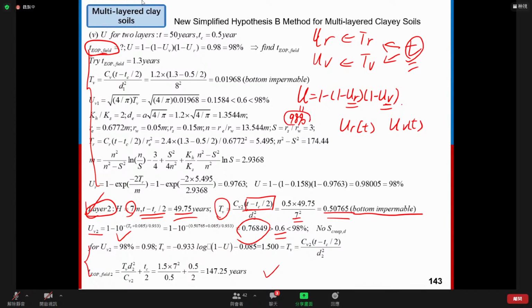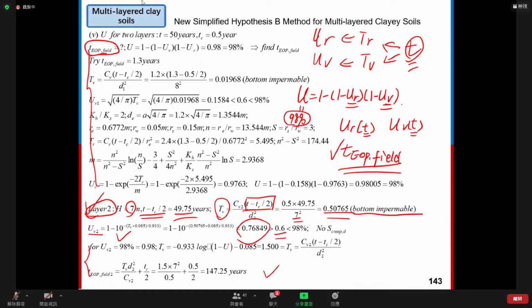So when 98% is achieved for the overall consolidation degree, what is this T value? This T is TEOP at field, right? We want to calculate this value. So we just use the trial and error method to try to determine this TEOP at the field. We need to maybe try several times